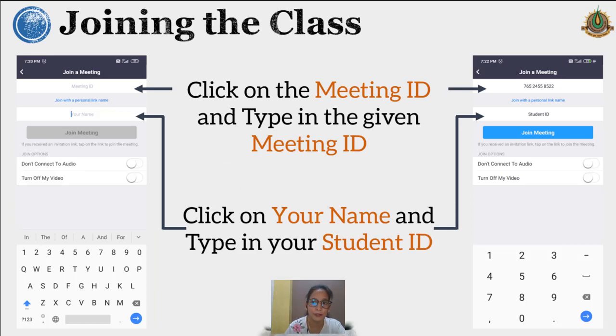As soon as you click on the join a meeting button, you will be asked to enter the meeting ID and your name. Meeting IDs are received by you in the timetable and in the message sent by the school. Students, one more thing that you have to keep in mind, if your sibling is also in Vasisth Vidyalaya but in a different standard, do not connect with the same ID, your meeting ID will be different. Also take note, if the class timing is the same, you have to use a different device, you have to use two different mobile phones.